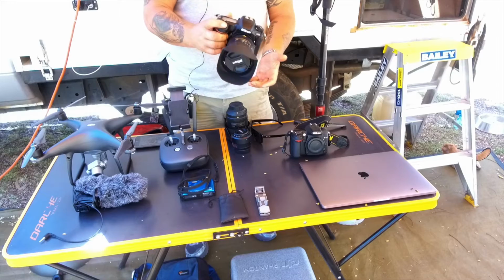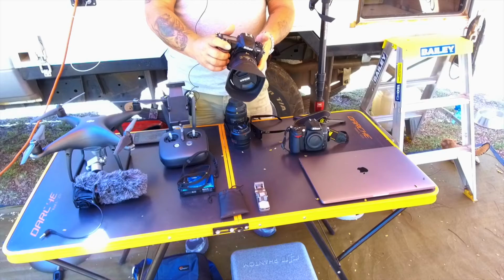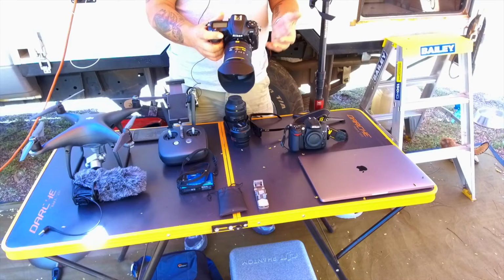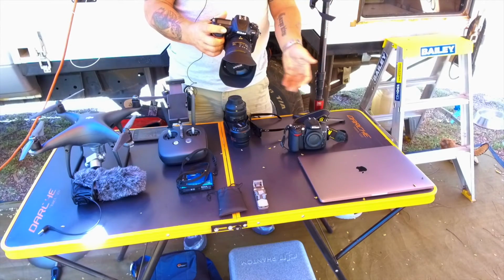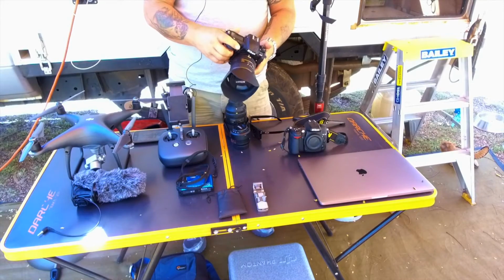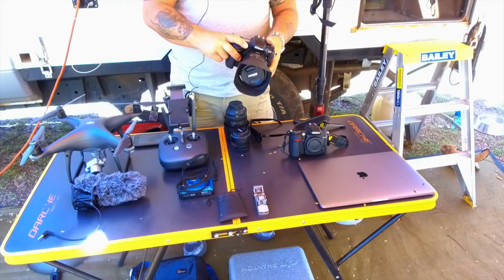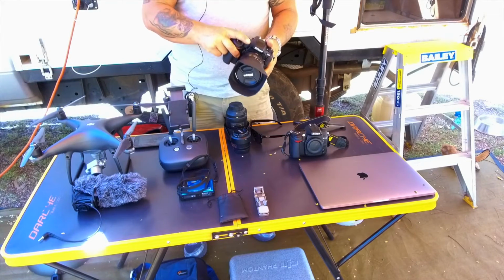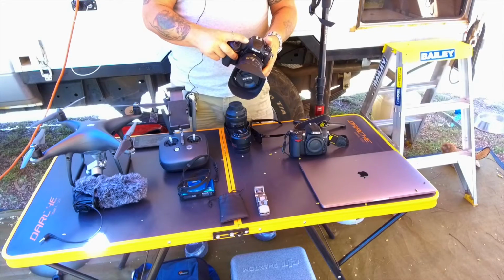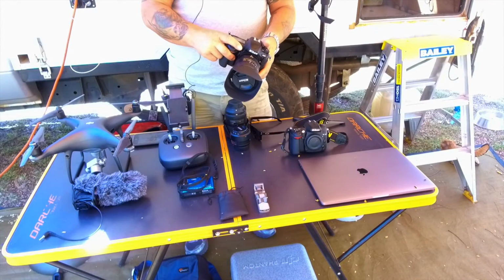This was a new model I think about a year ago, and generally regarded as a professional body. It's got a much higher specification than the D7000. It has a lot more capability in terms of its ISO range, so for night photography and the sort of things that I would like to do more of, which is astrophotography, this is going to be a lot better, because I'll be able to set the ISO higher, reduce my shutter speed, and get really crisp, clear photographs without